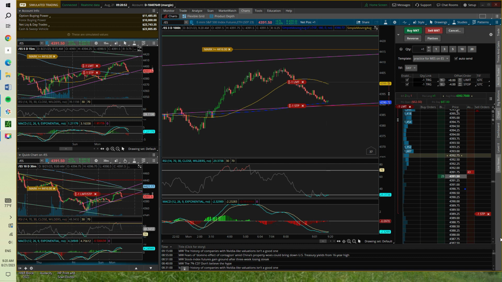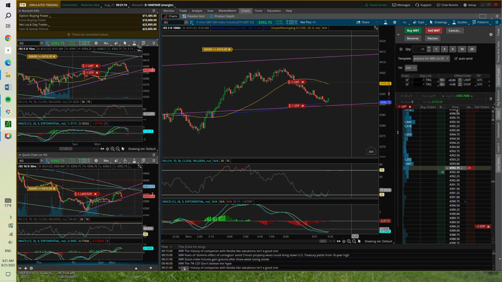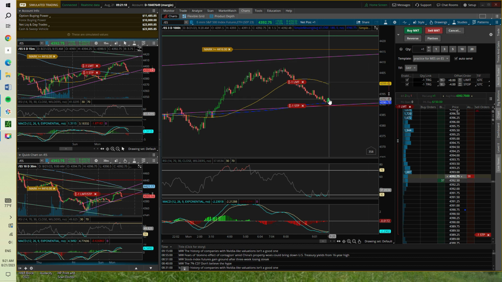And it's a little bit deceiving, but that green channel line that you see above my alert that I just set, it doesn't have enough time for the points for that channel that I drew. And so it's just a straight line on the main chart. That's not really where it is. So you have to look at the longer term charts to figure out exactly what that point is.